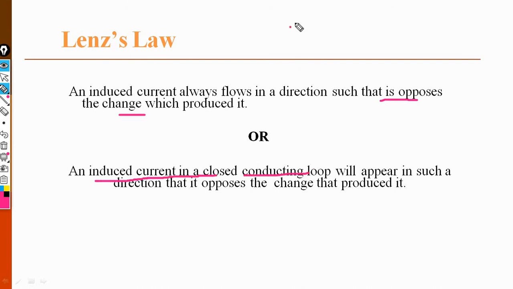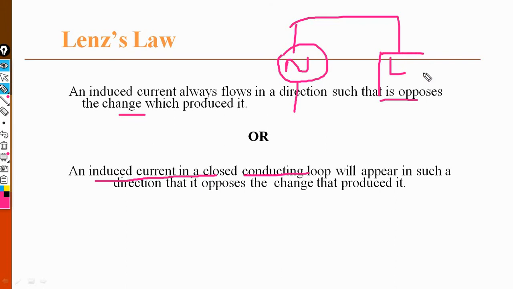For example, this is the circuit we have to draw. Now this is the closed loop circuit. This is the input side, and this is the load we are using, that is the load side. Then, in which a closed conducting loop, this is the closed conducting loop and induced current is flowing through it. That is the induced current, we have shown as current I flowing through.